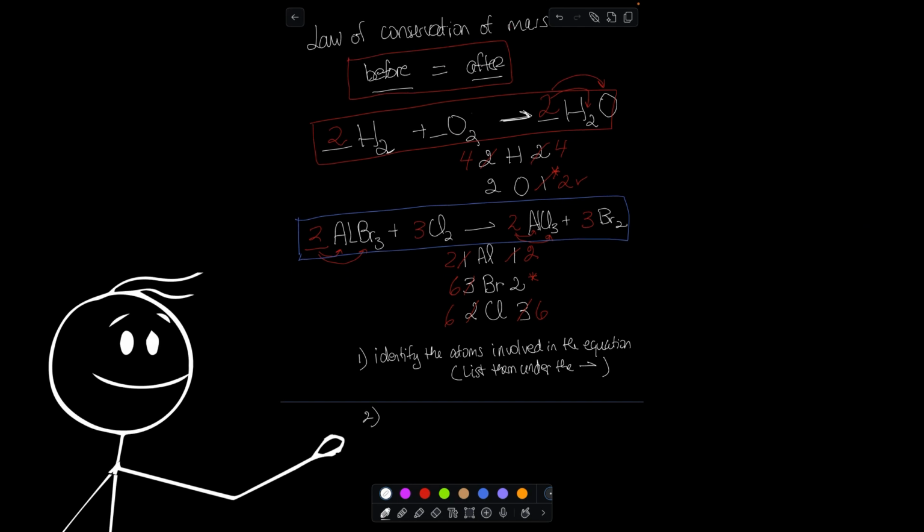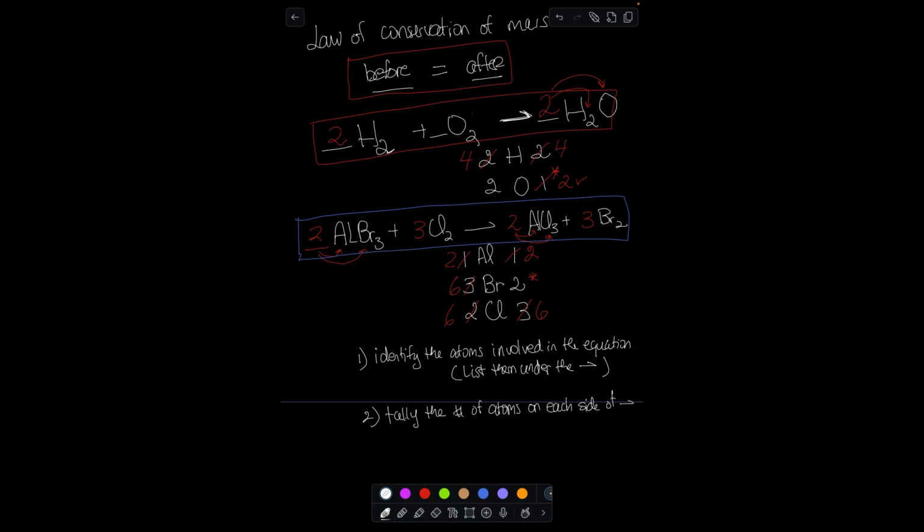Number 2, tally the number of atoms on each side of the yield sign. And number 3,